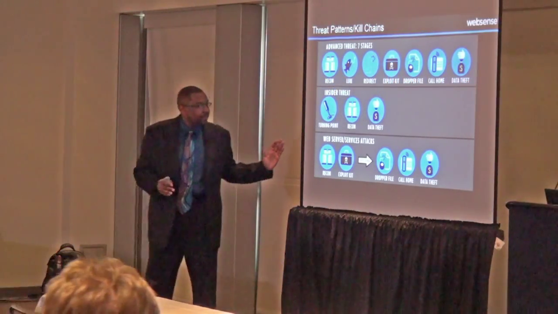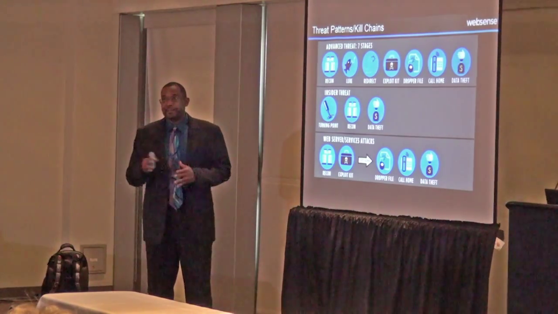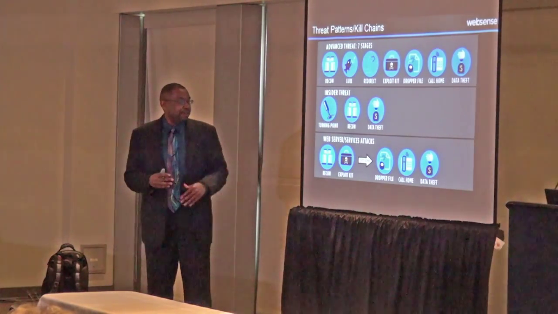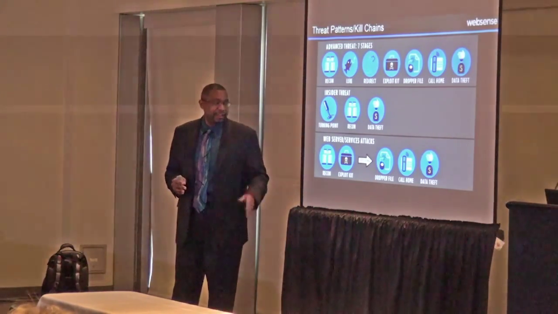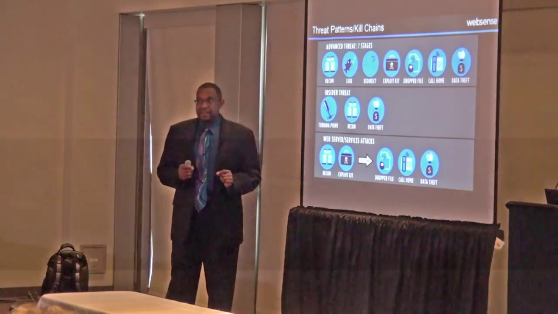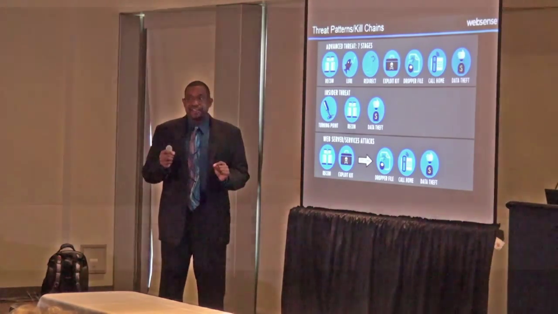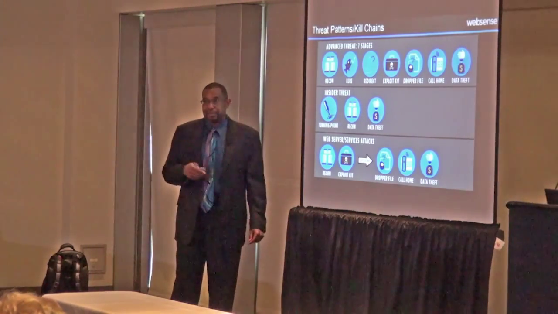And you do the same thing when you model attacks against web servers. It's a good way to model the attacks of your threat vectors. If you're looking at a web service attack or a web server attack, you're just talking about the recon, the exploit kit, drop a file, call home, and data theft. Great example. Still 7 stages. It's just not all of them may apply depending on what type of threat you're talking about.